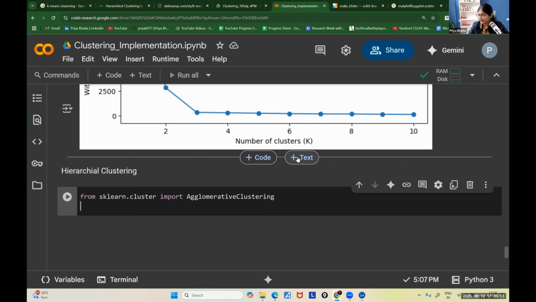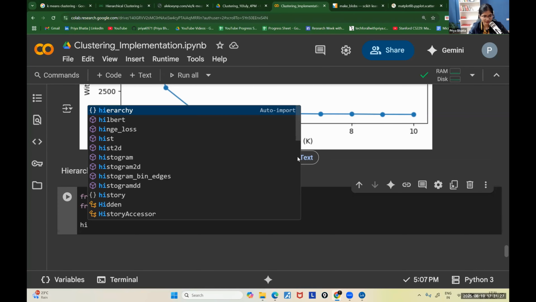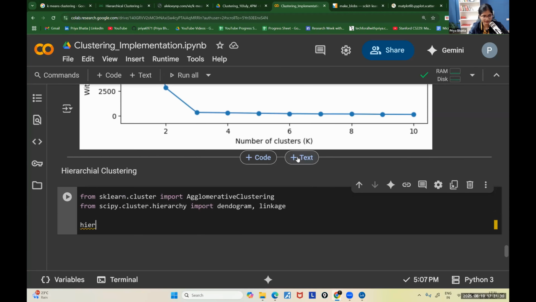Right? Yes. After that, to plot the dendrogram, if I have to showcase it to you, then inside SciPy I can see there is a cluster.hierarchy module from which we can import dendrogram and linkage. So I'll showcase the dendrogram in a moment, and then we will see. We also have to import the linkage module. Let me import that. Now, first of all, let's try to create a model, a hierarchical model,